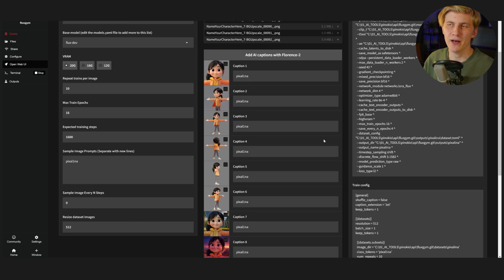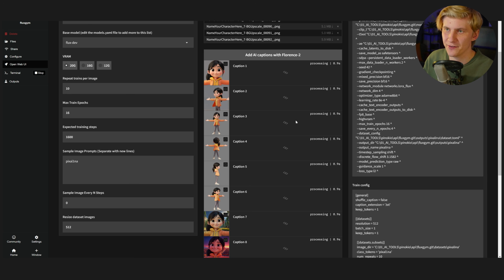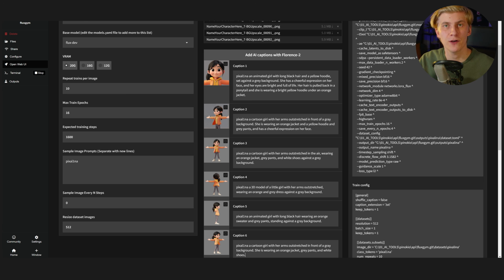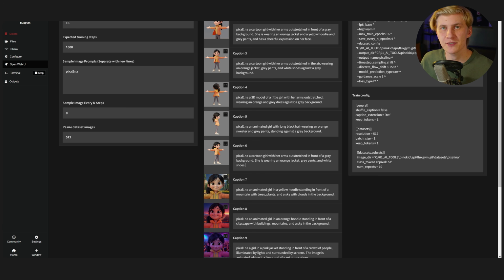Do you remember how I used Florence 2 in my consistent character workflow to create the captions and prompts for the workflow? We can do the same thing here with Florence 2. So I just click that and it will automatically add captions to all these images. Florence 2 did a pretty good job of captioning these images, but I would like to be even more